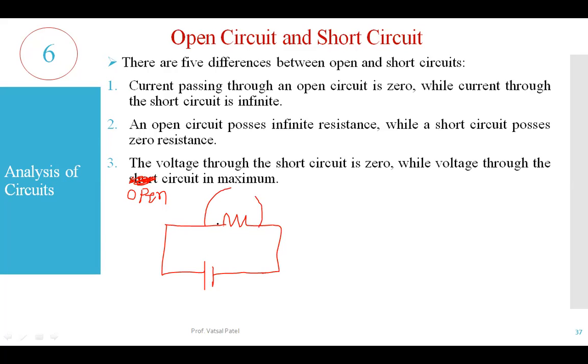But if it is an open terminal over here, you can get the maximum value of 6 volt if I'm giving from the source. That exact value will be obtained here. But if I'm short circuiting this, in the short circuit case, what will be the resistance value? When I apply V is equal to I into R for the short circuit case, R is equal to 0. So V is also equal to 0. Yes or no?